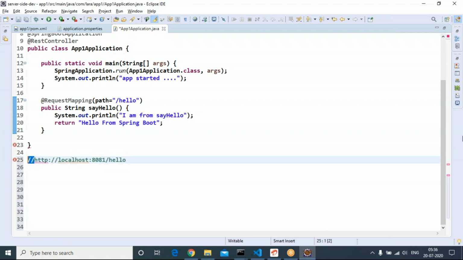This much you have to keep in the browser address bar. Why 8081? 8081 is the port number for the current application. Inside 8081, select hello.